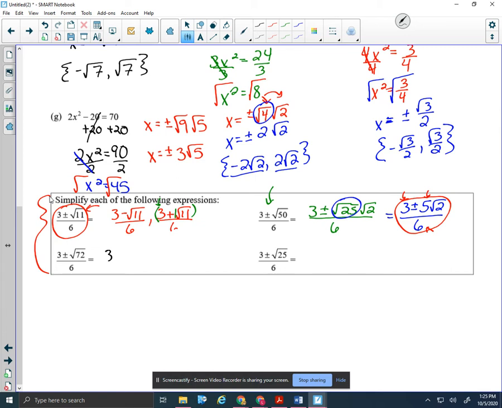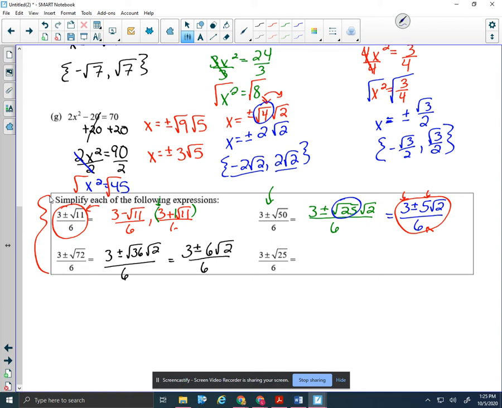This is 3 plus or minus radical 72. 72 has a couple perfect squares, or a few that go into it. 4, 9, 36 is the biggest one, so that's the one I'm going to use here. We always want to break it down as much as possible. So this is going to give me 3 plus or minus square root of 36 is 6, and that's all